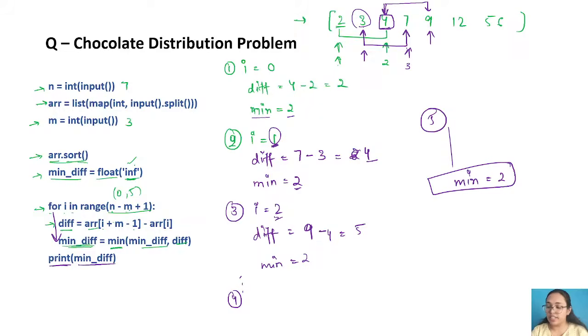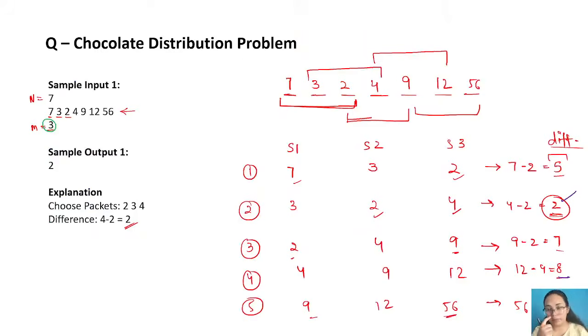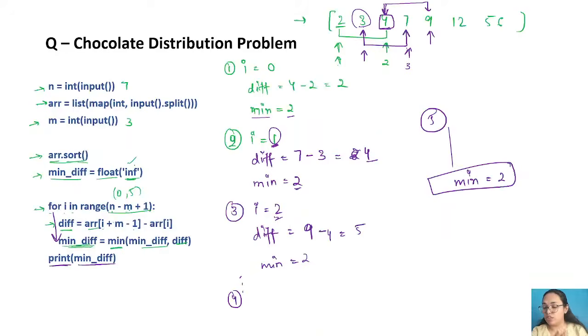No, there is one question that I'm getting. Do we need to consider consecutive numbers only? No, we are not taking consecutive numbers. If you see very carefully, in this particular case, we are getting 3 to 4, and what we are taking is 2, 3, 4.